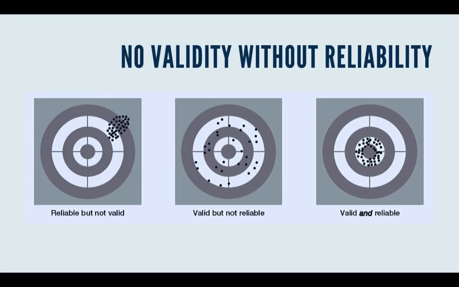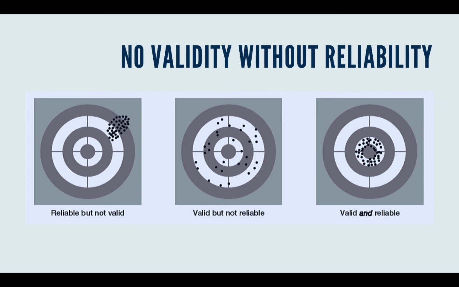And finally, I want to end with this idea that you don't get validity without reliability, or you don't get accuracy of the thing you're trying to measure without consistency. We have 3 examples here. We have the first example, a measure or a question that is reliable but not valid. And it's reliable in the sense that all of the dots are clustered together. All of the darts thrown at this bullseye have been clustered together, so they're very consistent, but they're not valid because they're not hitting the bullseye in the middle.